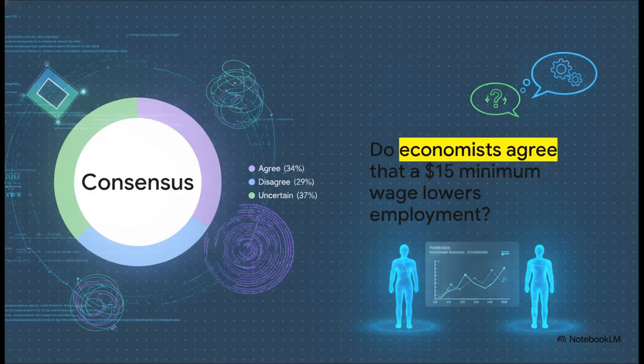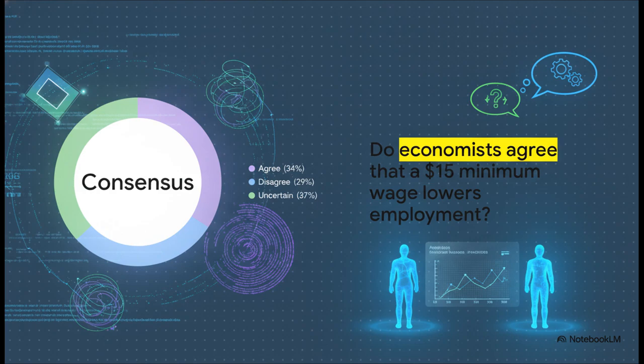Now, what is honestly super fascinating here is just how divided top economists are when we apply these theoretical models to complex human realities. When experts were polled on whether a $15 minimum wage would substantially lower employment for low-wage workers, 34% agreed, 29% disagreed, and a massive 37% were completely uncertain. It just goes to show that even among the highest levels of economic expertise, the real-world severity of these system overrides is